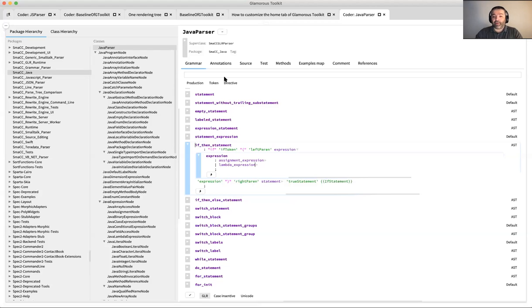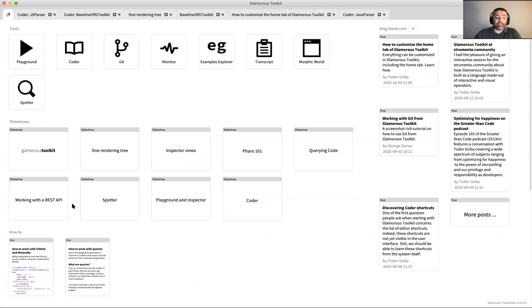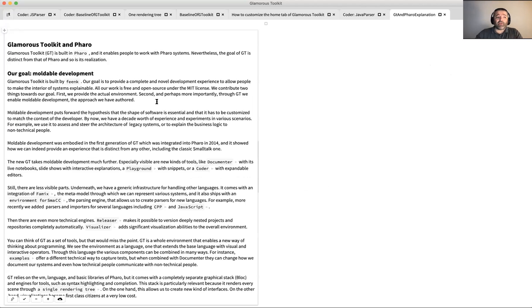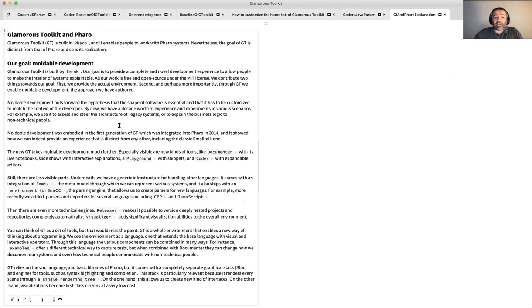we depend on the language and the core libraries, but we do not depend on anything on the user interface, because we have created a whole new graphical stack. So everything that you're seeing rendered here is built pretty much from scratch. Not pretty much. It is built from scratch, and